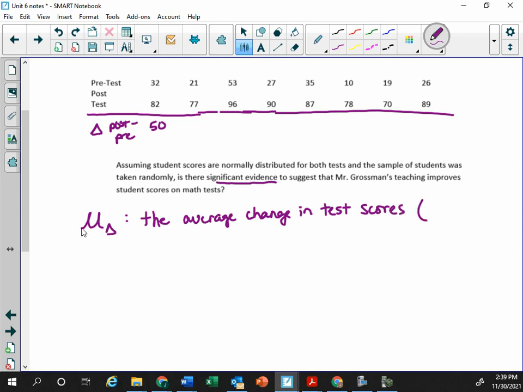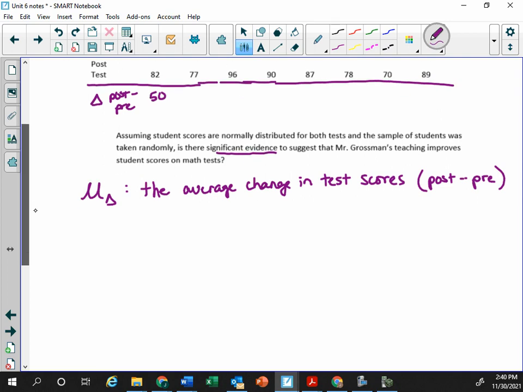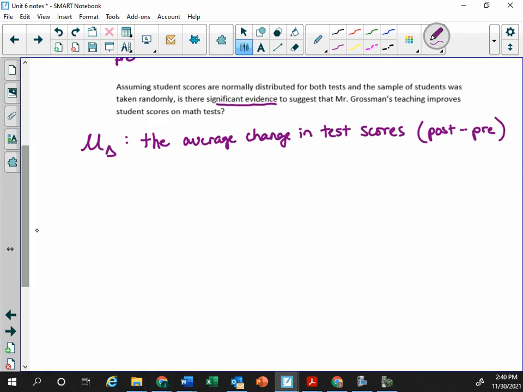And you can even note, like, we are doing post minus pre. Only one thing to define, and then conditions. Only conditions for one thing here. All right, so